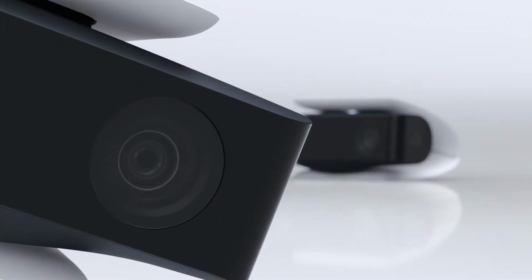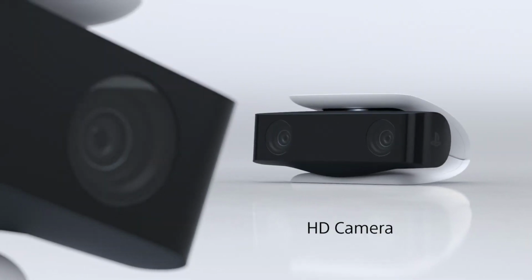The media remote seems to have less buttons on it and all that. Yeah, but I guess it's not really that much of a biggie. You know, and it's coming with an HD camera. That's cool. You know, we're definitely gonna enjoy that because we're in the era now where gaming is